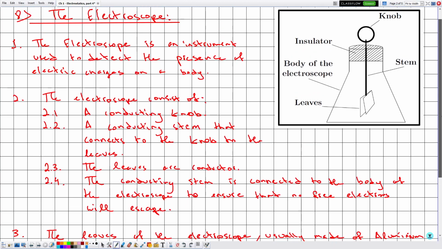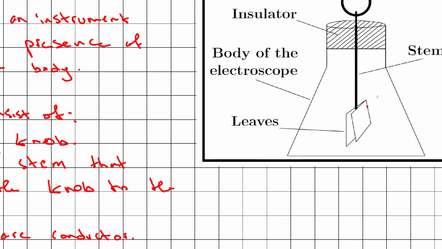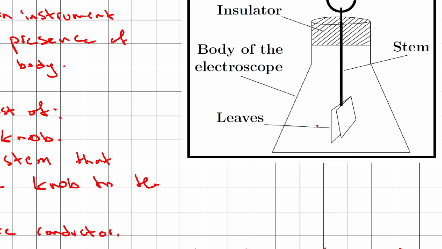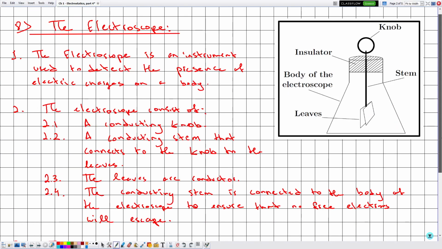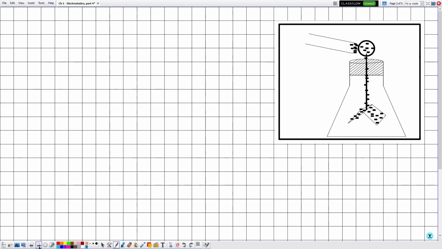The leaves are hinged here and they can move like this, either diverge or collapse back, so they can move backward and forward. But we didn't yet justify how one can use the electroscope. So this is section 8.1. Actually the electroscope can be used under two different modes, and now we're gonna discuss the first mode, which is electrification by contact,